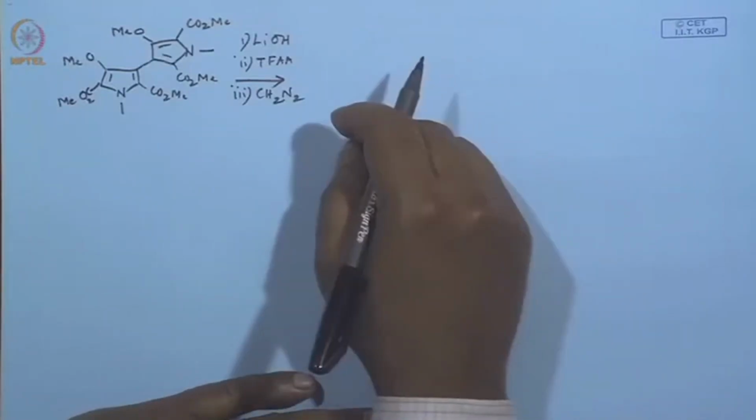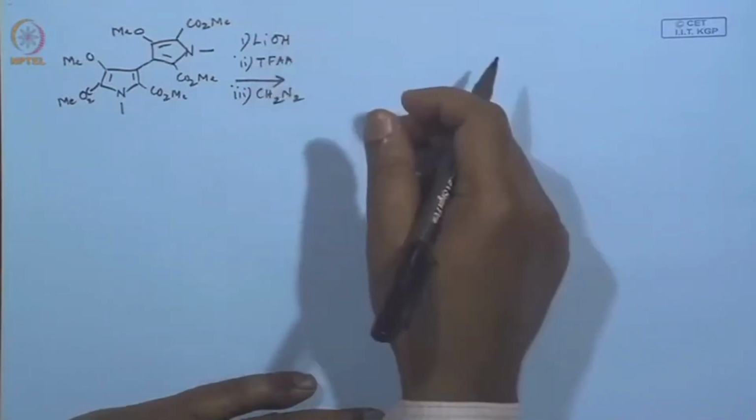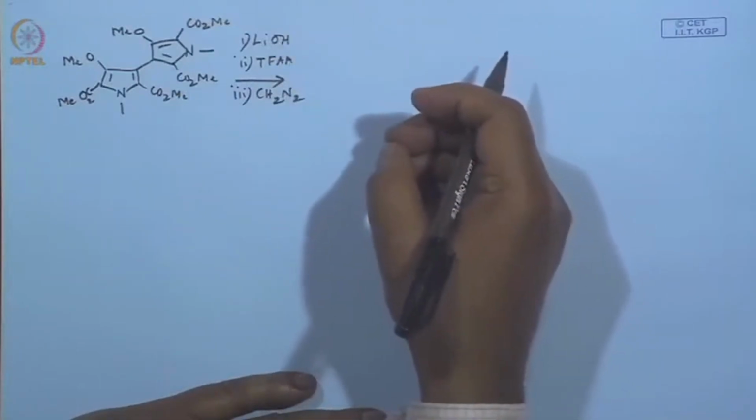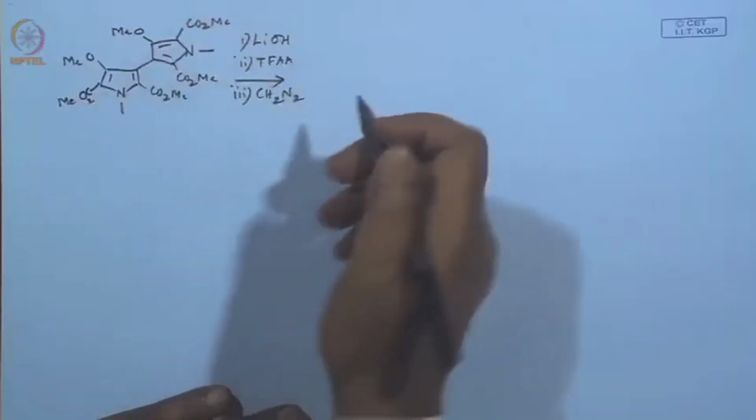So, first is lithium hydroxide. All of us know it's now a popular reagent for ester hydrolysis. Classically, sodium hydroxide and potassium hydroxide used to be used, but now in research laboratories most people use lithium hydroxide. I think all of us know the yield is very high, it is soluble, and it can be controlled. So, in this case the lithium hydroxide can be used for controlled hydrolysis of only 2 ester groups. There are a total of 4 of them, right,